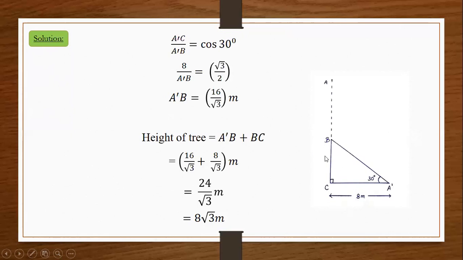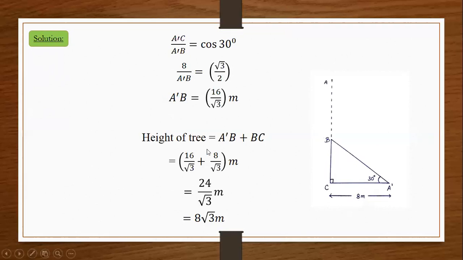So first we had the angle, we had one side, we had to find BC and A dash B. For this angle, BC is the opposite side and A dash B is the hypotenuse. And the adjacent side is given to us. So first we used tan 30 in order to find the opposite side. Then we used cos 30 so that with the adjacent side we can find the hypotenuse. So first thing is understanding the question and then determining which trigonometric ratio to use for the given problem.